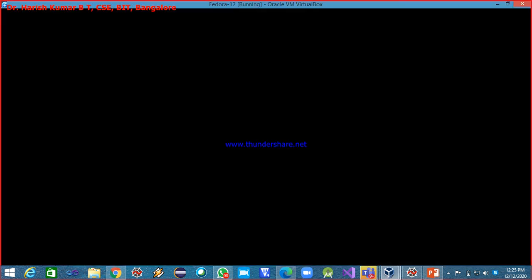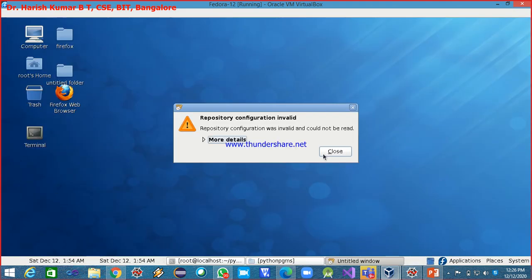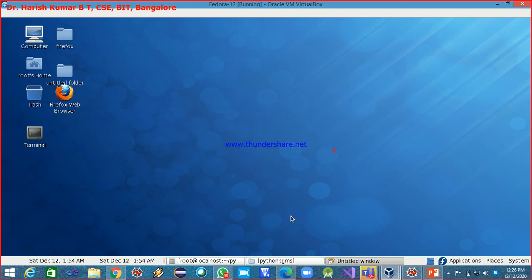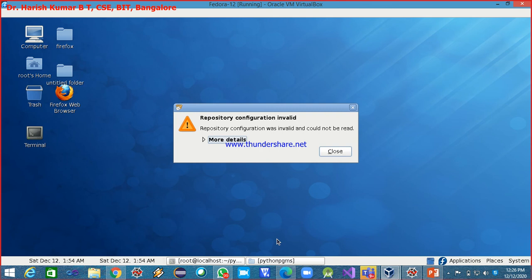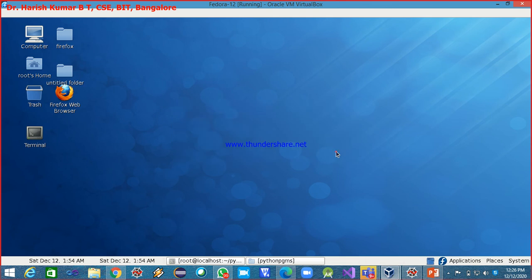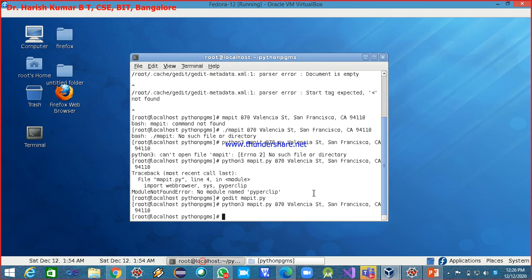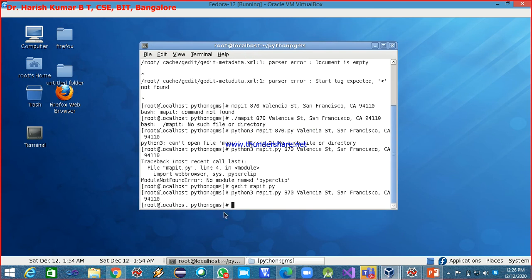Let me open it. All of you can see the Fedora 12 running. Can you see this? Yes, sir, it is visible. Now, I have already stored the program in a folder with the name Python programs here.